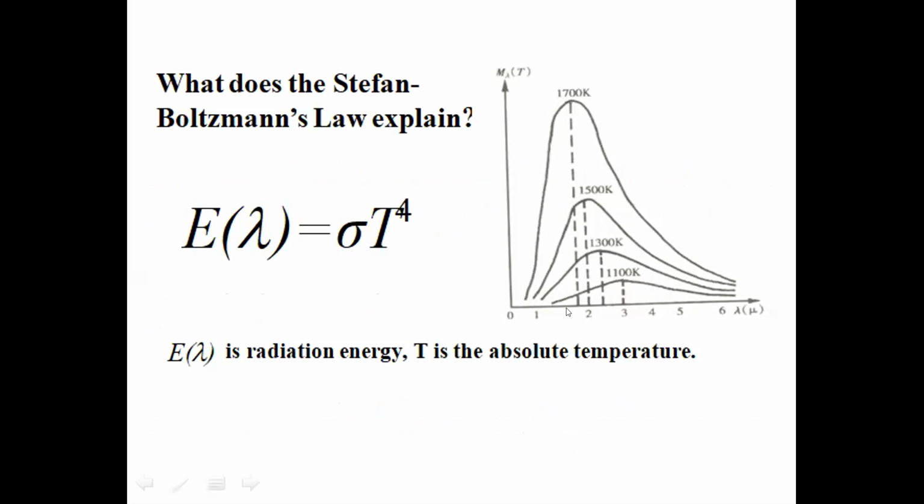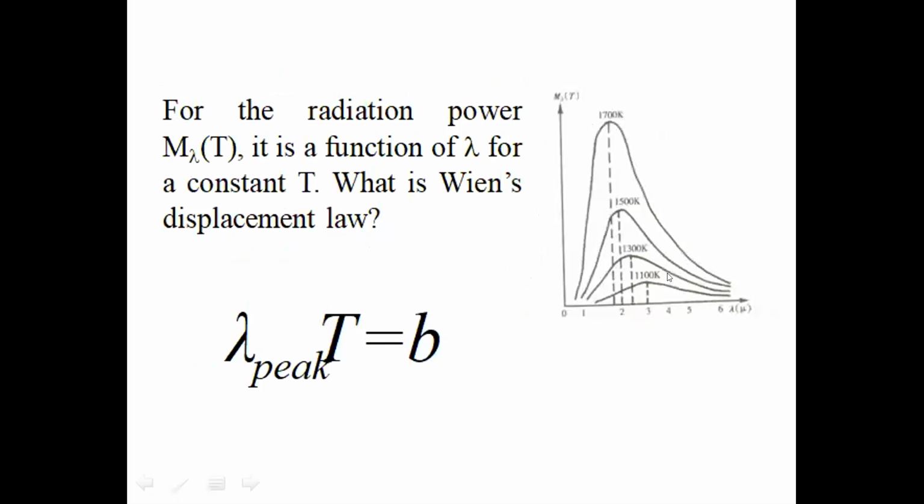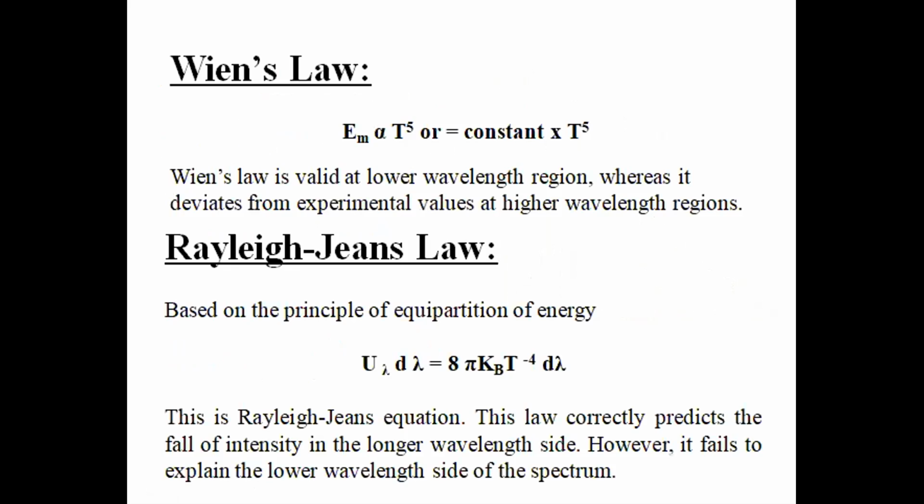If you observe clearly here, the energy is increasing with increasing temperature, and the energy increases up to some wavelength, lambda max. After that, the emissive power reaches a maximum value, and then it decreases again with further increase in wavelength. So, in order to explain this